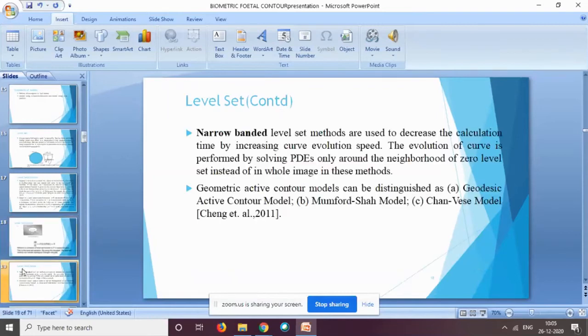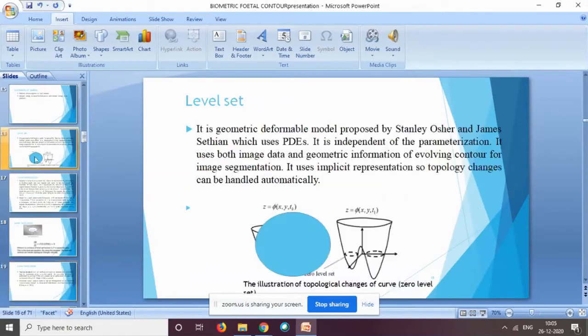The approach that I have employed is a narrow banded level set approach. In order to reduce the evolution time, I have employed the narrow banded approach. I want to detect this object, so I have used this circle.